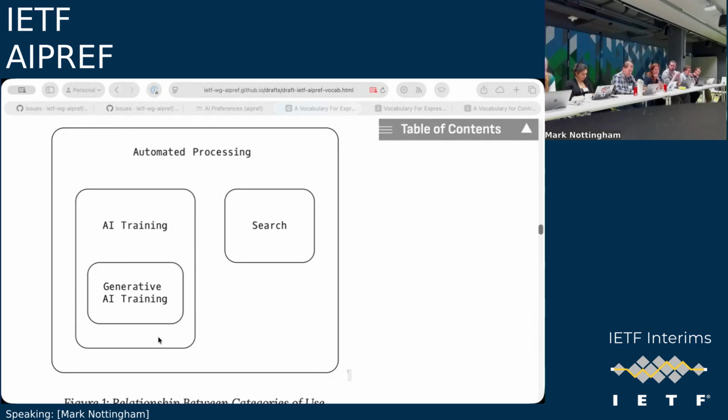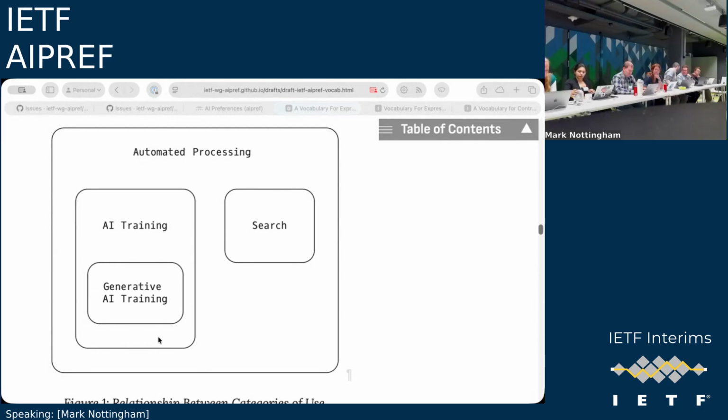Therefore, you need to make the decision at training time, and you need to filter out assets. If your model has generative capacity, you cannot use at the training point assets for which the entity making a valid statement about that asset says, don't use this for training generative AI models. That's the entire point of this.